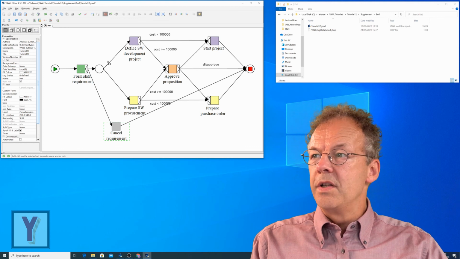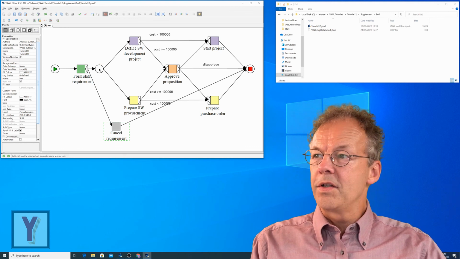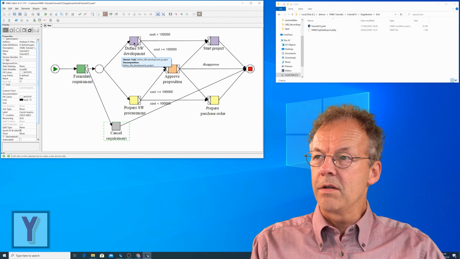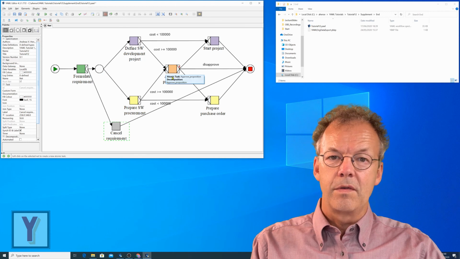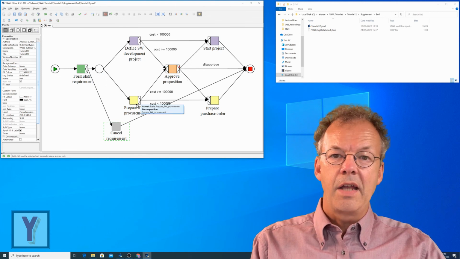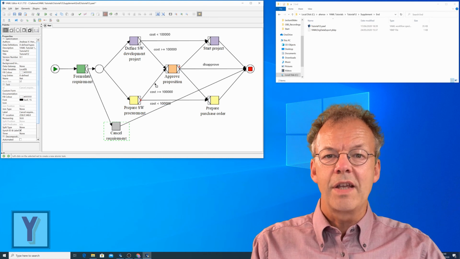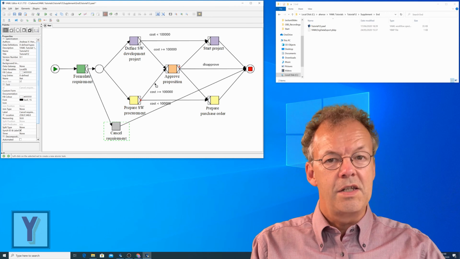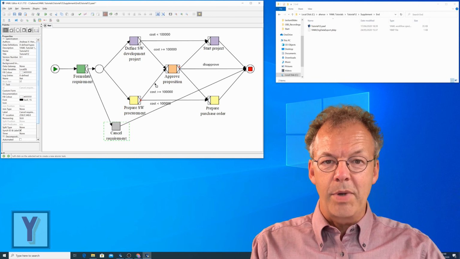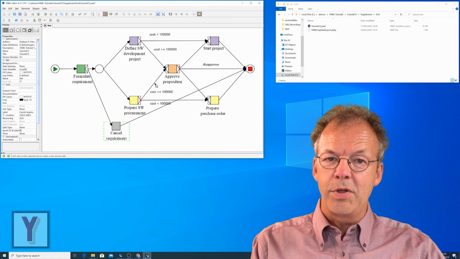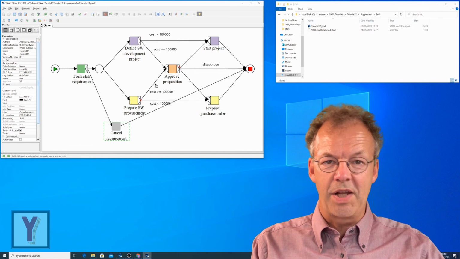We have to select everything starting from this condition here, all of the tasks in here, and also the arcs between the tasks. The reason that we have to select the arcs is that YAWL comes from Petri nets, and in Petri nets, between two transitions, there's always a place.